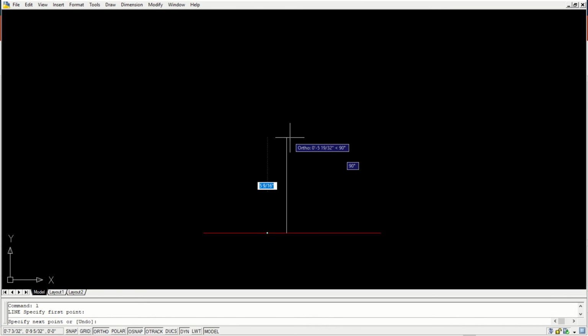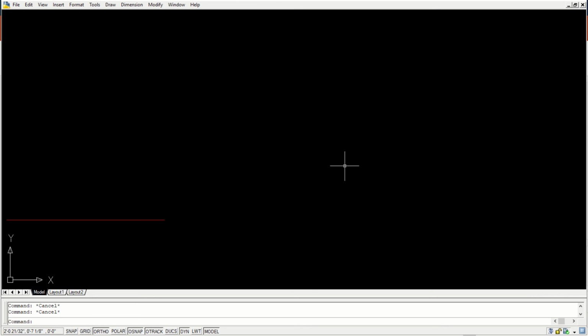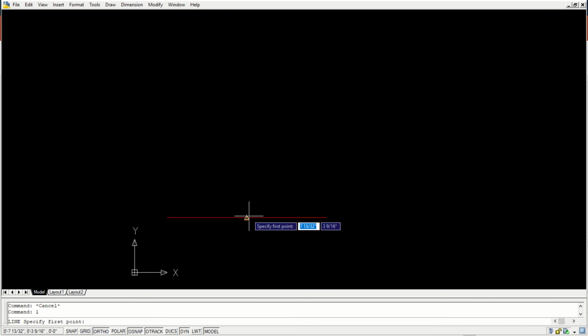This vertical line should be the size of the object. Let me quickly do an indicative object. Let's say I'll draw a vertical line.